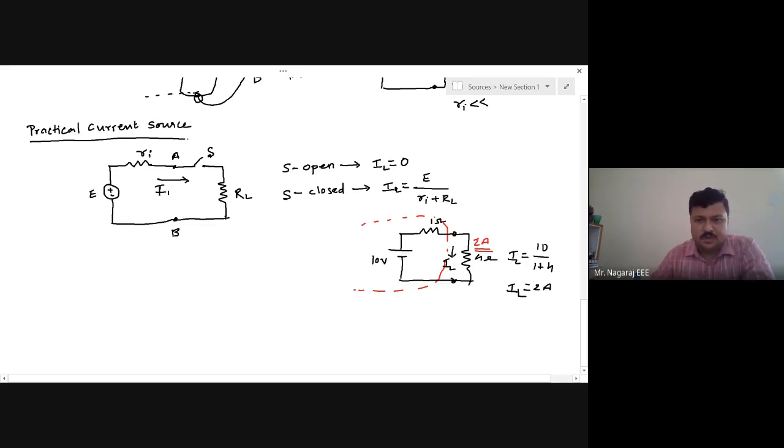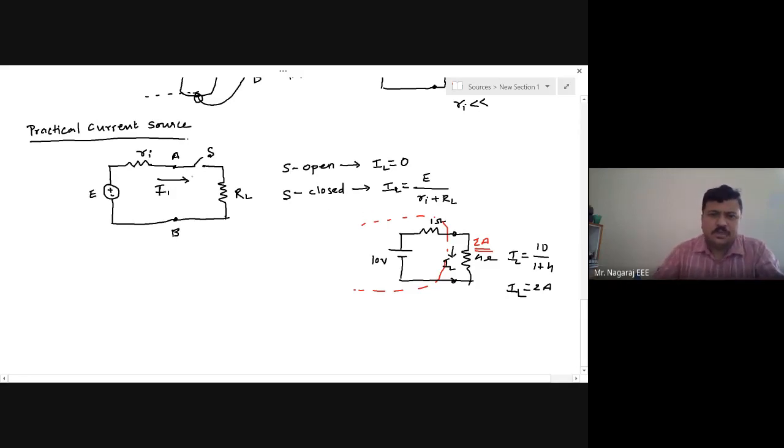Okay. So now it is my responsibility to transform this voltage source to a current source equivalently, such that my load resistance will carry the same current. See, ultimately it is the current which is to be carried by a component. So if the load resistance carries the same current, then whatever exercise I do at the source side is valid. That becomes an equivalent exercise. So this care has to be taken.